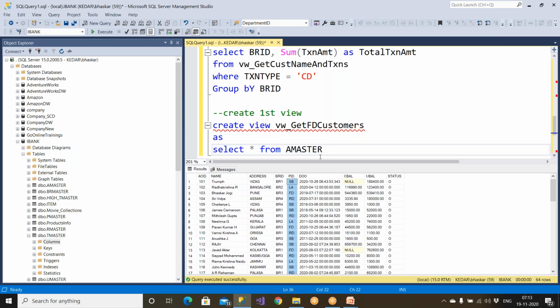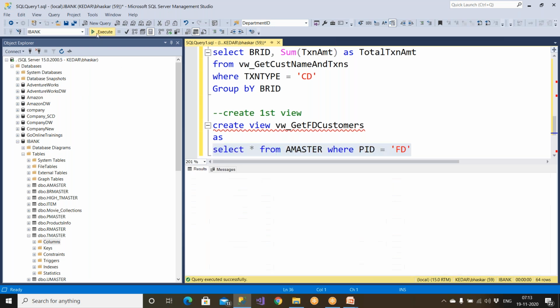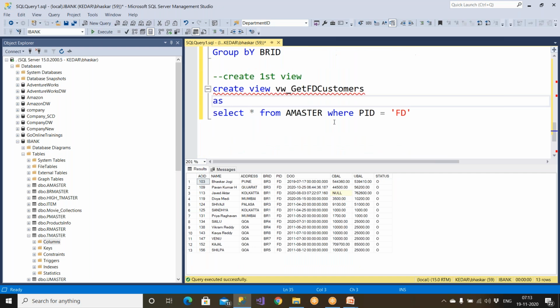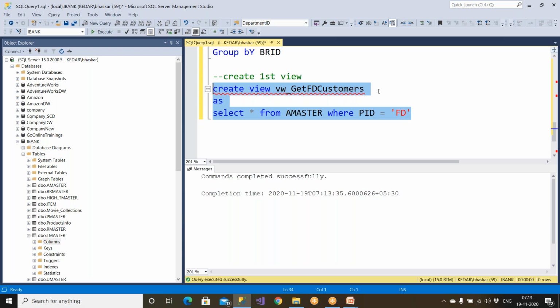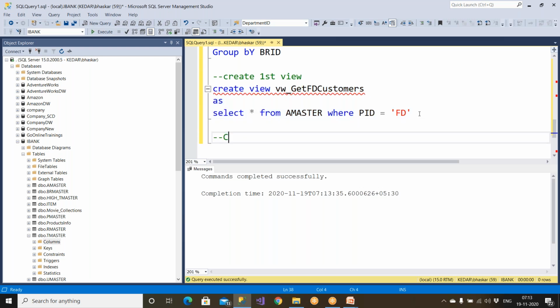No, I have to use PAD. PAD stands for product ID. So which is the product I have opened? So fixed deposit customers only I wanted to have it. So I'm simply writing a where clause, right? So I wanted to create one view. This is the first we have created, and I wanted to